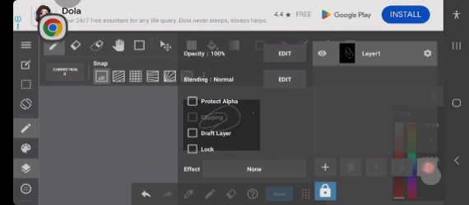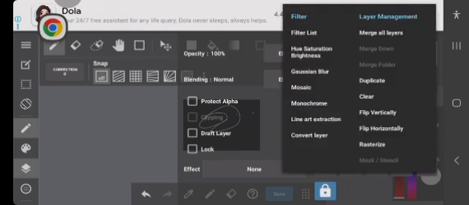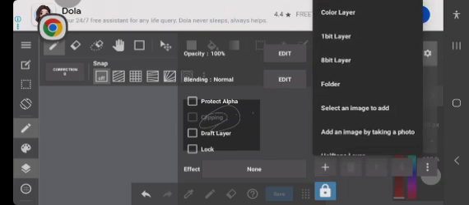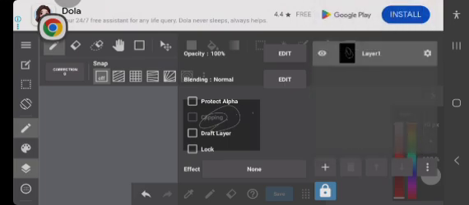And sometimes this UI is kind of harder to use compared to Ibis Paint and some of the other art apps, which takes time. I'm still figuring out how to use